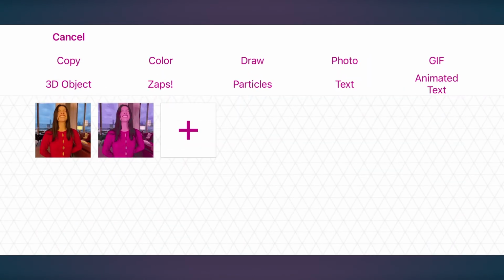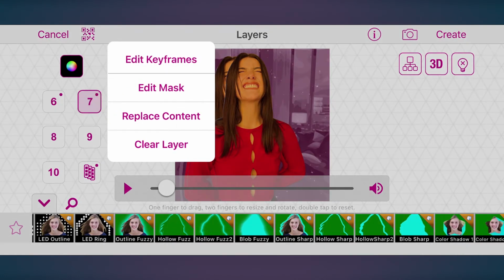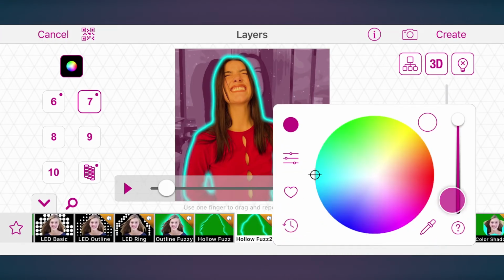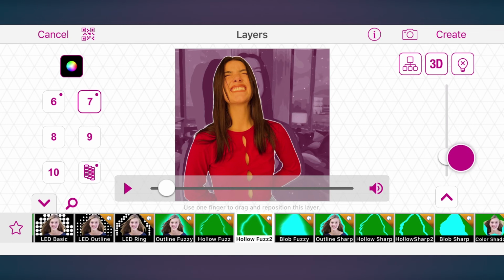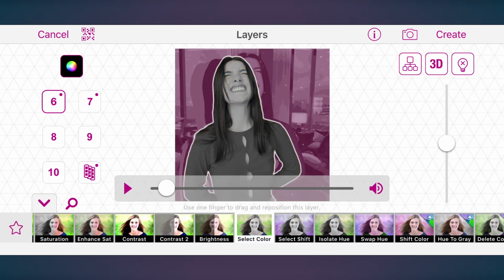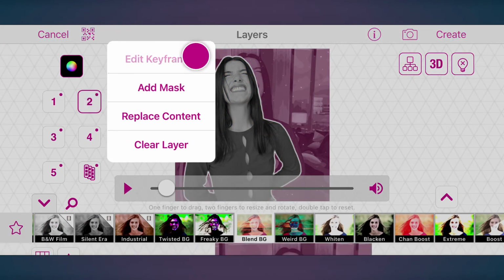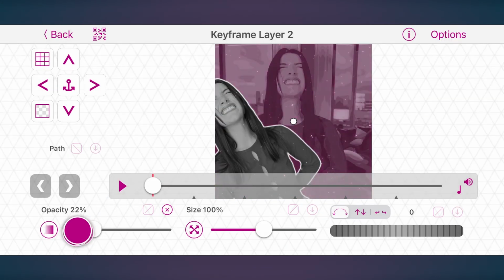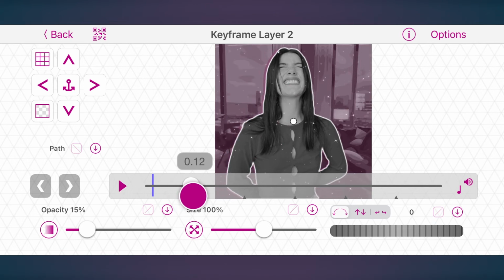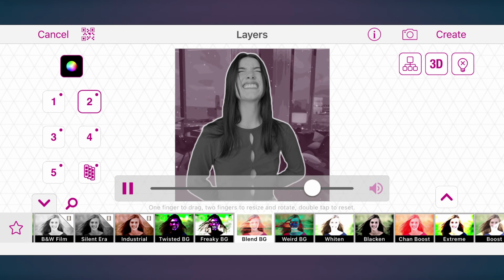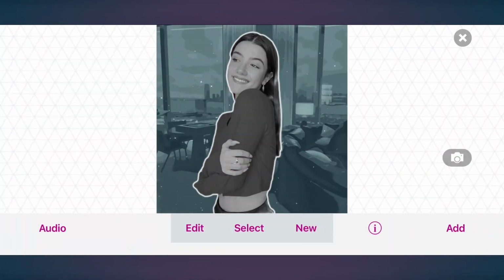Add the white neon outline as well. This is what we've got so far.